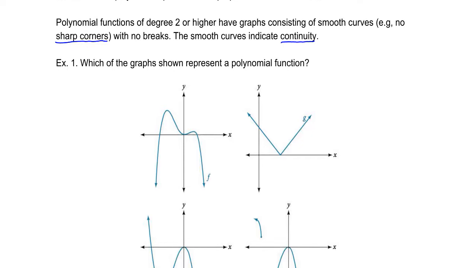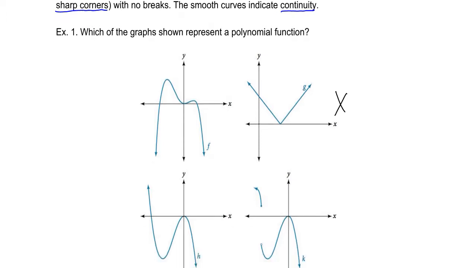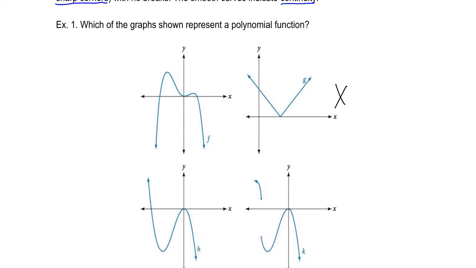Which of these represent a polynomial function? Well, the easier thing is to eliminate functions that don't match that description. The first of which is g of x here, which is actually an absolute value function. It has a sharp corner, so that is not a polynomial. K of x, bottom right, has a break. It is not continuous. However, these other two, f of x and h of x, are both polynomial functions because they are continuous and